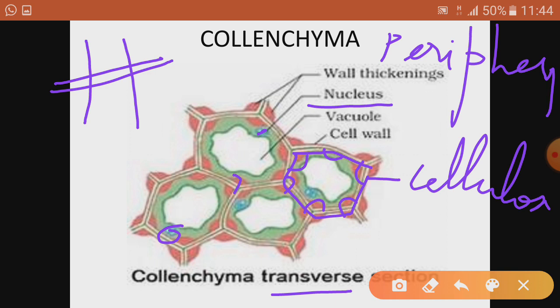You can see the cells are closely packed and they have got thick walls basically at the corners because of the extra deposition of cellulose at the corners. Although the cell wall is made up of cellulose, but they have got extra cellulose at the corner, making the cell closely packed. And because of this extra deposit of cellulose, they provide strength, that is mechanical strength, to the